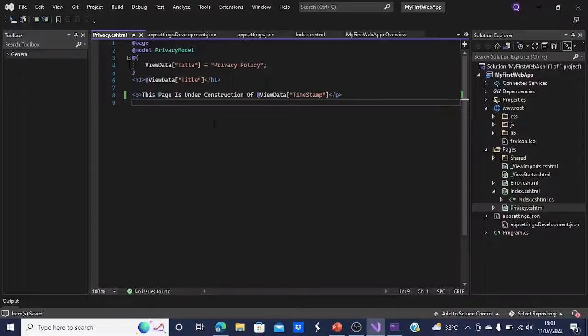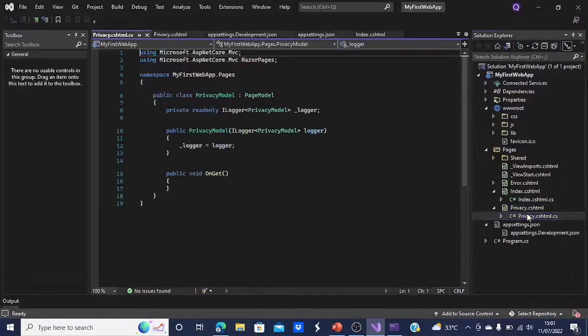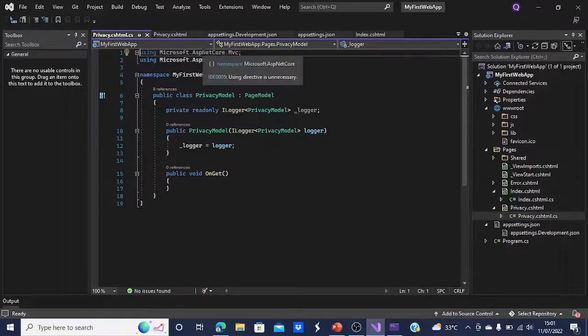Now let's make a code change. Select Privacy.cshtml.cs, like here. Mouse over or select a grayed out using. In here, a quick action light bulb will appear just below the caret or in the left margin.